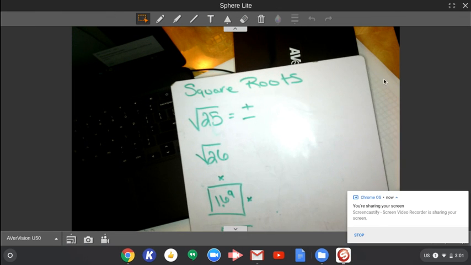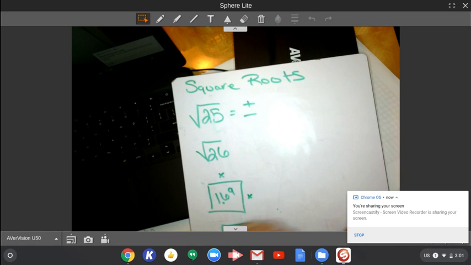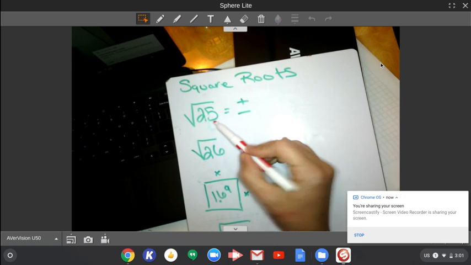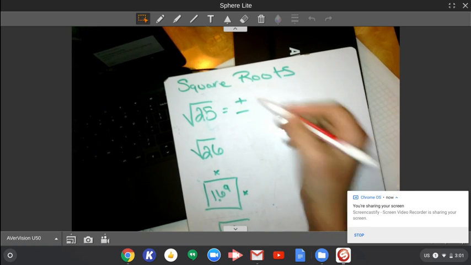All right, so today we're going to review our square roots. We'll talk a little bit about rational and irrational numbers. So the first number here we have is square root of 25. We're going to take the square root of 25, which is 5